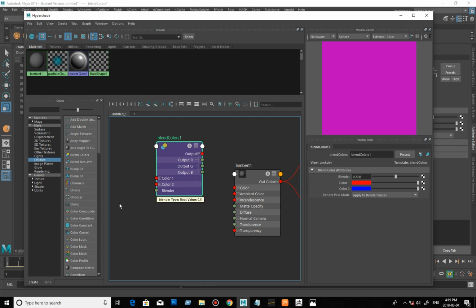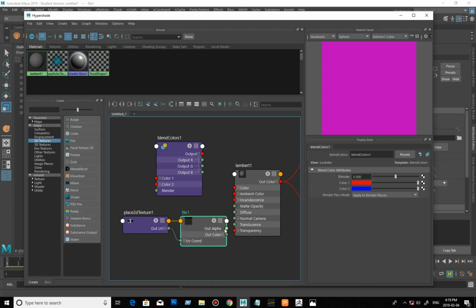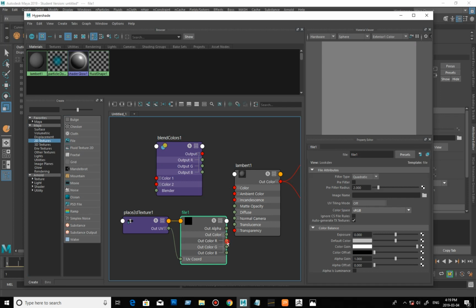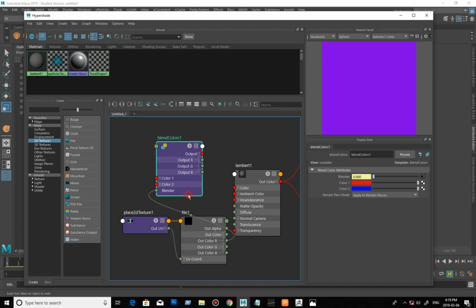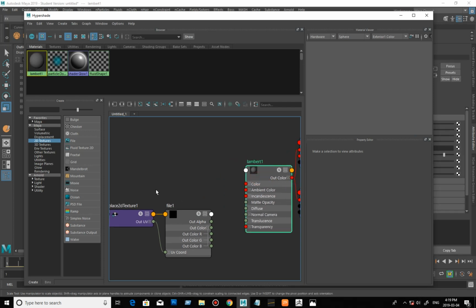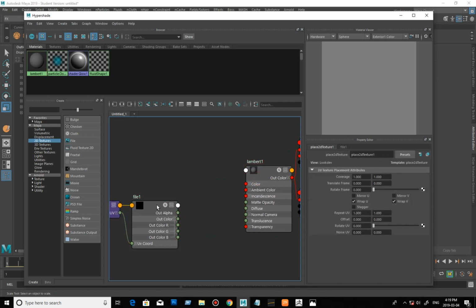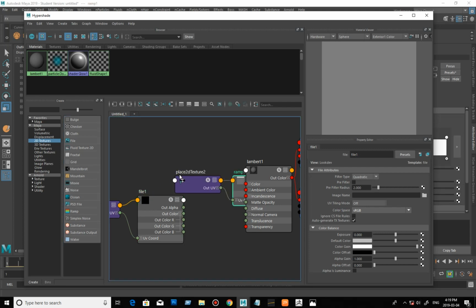Then you take your mask from your file, so that would be a 2D texture file, and you would go ahead and take your black and white image, take one of its channels, and plug it into that blender, and that would blend between those two different things. And you would get, you know, those two different values, and you can chain those together one after the other, and then you can just plug that into any one of your inputs for roughness or specular or whatever, and you have this one range for one area and another range for another area. Another way that you can do it is you can use a good old-fashioned 2D texture ramp,